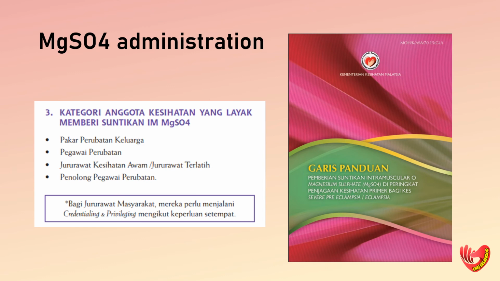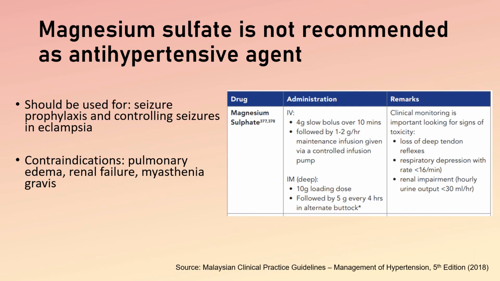This is important because a severe preeclampsia or eclampsia can occur anywhere at either a health clinic or a klinik desa without the availability of a doctor present. The purpose of magnesium sulfate is as a seizure prophylaxis and not as an antihypertensive agent. The possible routes in which it can be given is via IV or IM, but it is common practice in